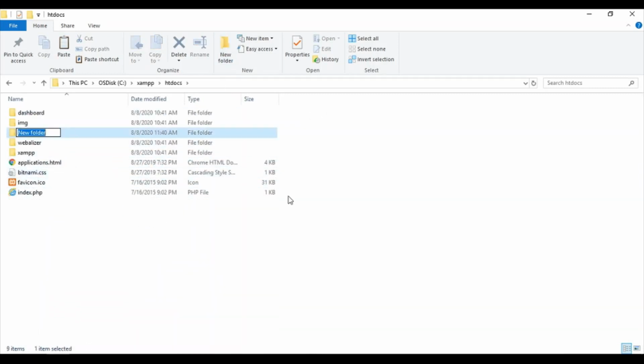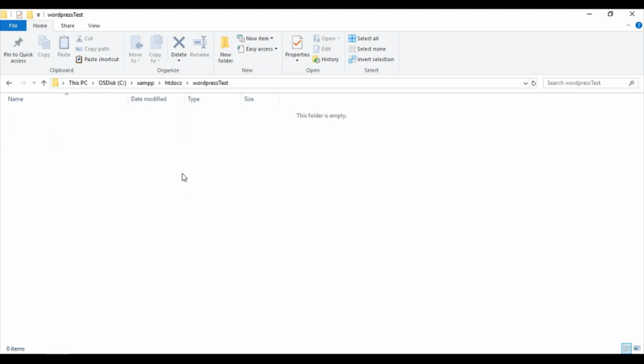Here create a new folder with your application name. Currently I'll name it WordPress test, and paste the copied files.